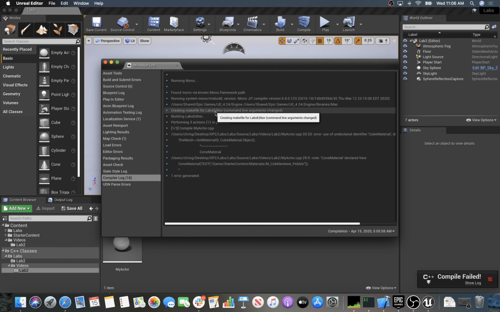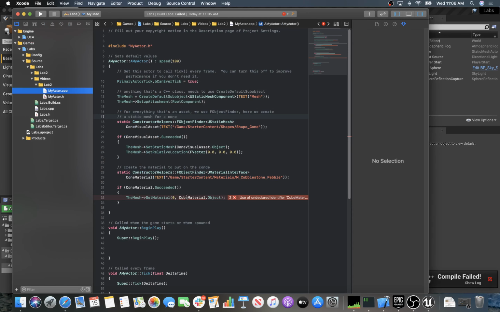And it said, oh, it's because I named it cube material instead of cone material. Oh, yes, now Xcode has woken up. So this should be cone material, because obviously cube material didn't exist. All right, let me check my labs, my Mac. Oh, that looks right. So I'm going to go ahead and rebuild it again